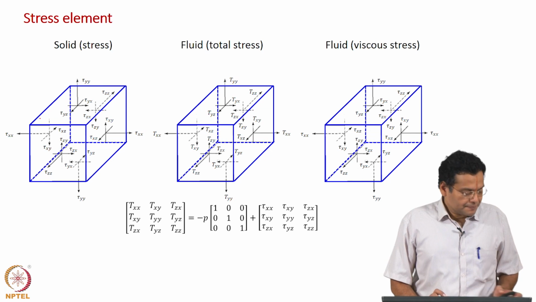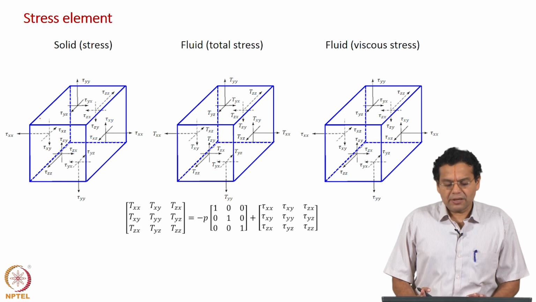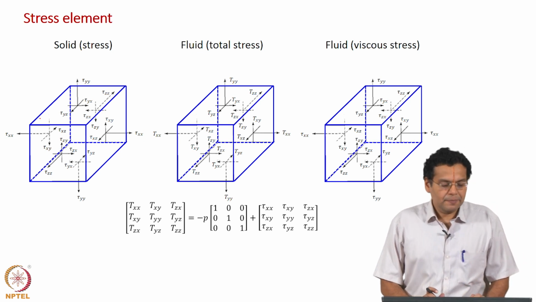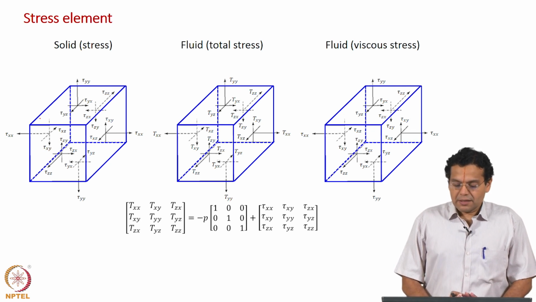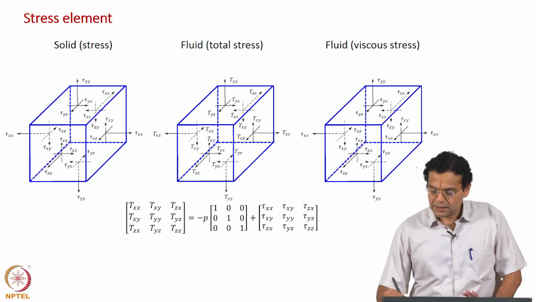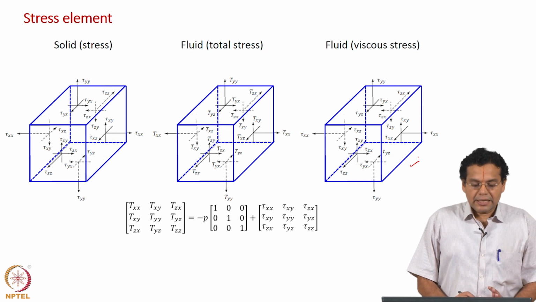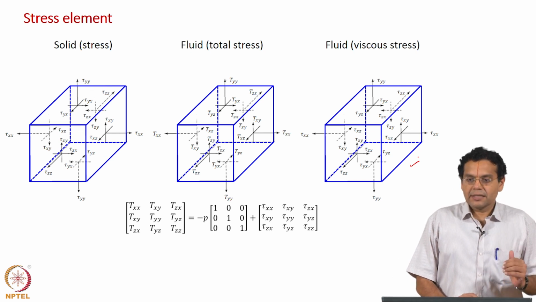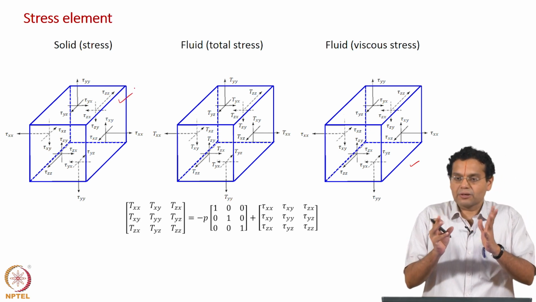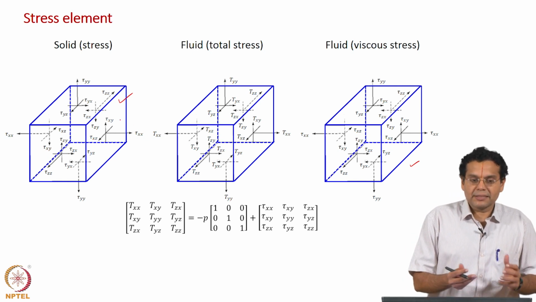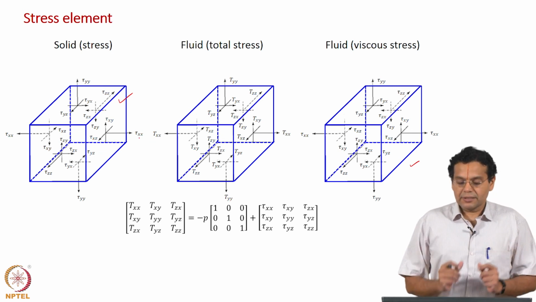Before that, I would like to recall these stress elements which I have come across at different parts of the earlier lectures. First, all these are stress elements. We have come across them 2 times earlier, we are going to come across them a third time now in the next slide in detail. Now, the first time when we came across, we represented the stress in a solid. So, this represents the state of stress inside a solid body, and we represented the 9 components, and similarly another 9 components of the stress tensor in a solid.